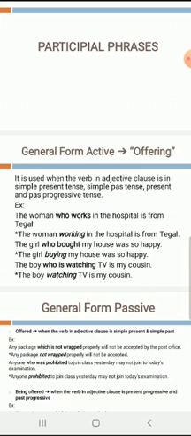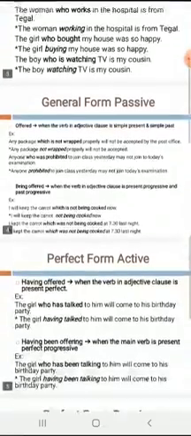Okay, in here I don't give the example of the past progressive tense because the form of the participle phrase is similar. So if it is in past progressive tense, the boy who was watching, okay, but the participle phrase is similar. The boy watching TV was my cousin, okay. All right, let's go to another slide.